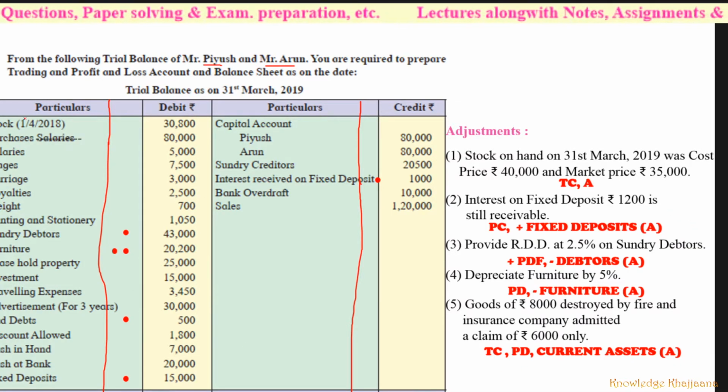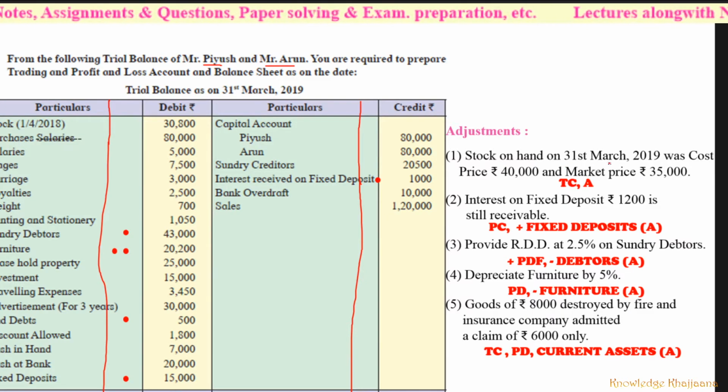Now, as we are moving a little bit faster, as we are moving ahead to the new problems, you have to do the marking by your own. I will just tell you the marking for the adjustments. See,